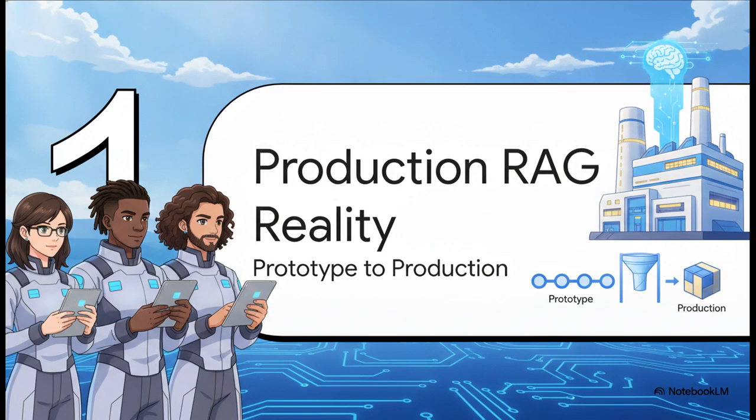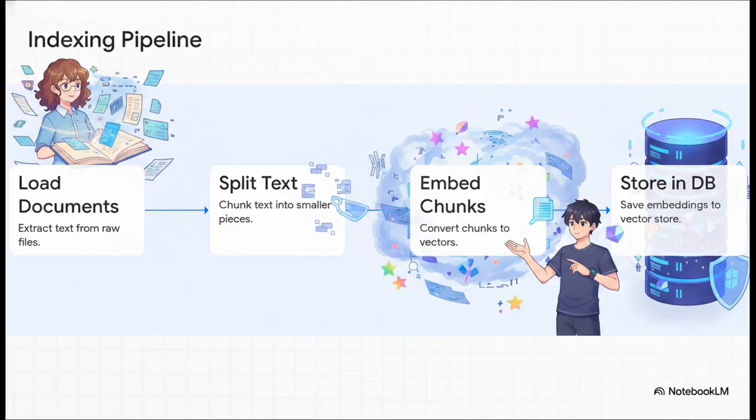The reality of moving from a prototype to production. Look, before we can fix anything, we really have to understand the foundational pipeline. The indexing phase is a one-time process, and it has 4 very strict steps. First, you load the raw documents. Second, you split or chunk that text into smaller, manageable pieces. Third, you convert each of those chunks into a vector using an embedding model. And fourth, you store those vectors in a vector database, like Chroma or Pinecone. Now here's the catch. If even a single step here is flawed, your entire RAG system is just going to